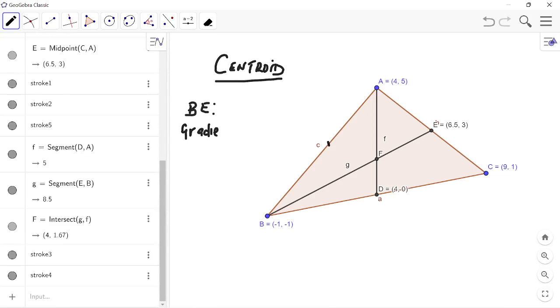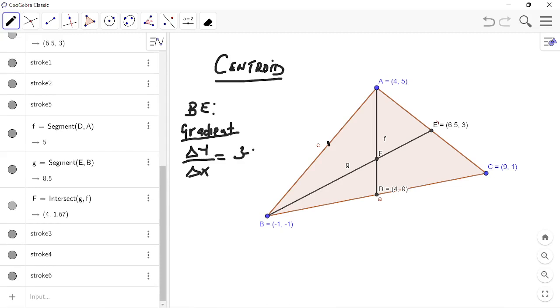We must get the gradient of the line. The gradient is the change in y over the change in x. What is the change in y here? We are talking about the line BE. So we can start with the bigger side: 3 minus negative 1, all over